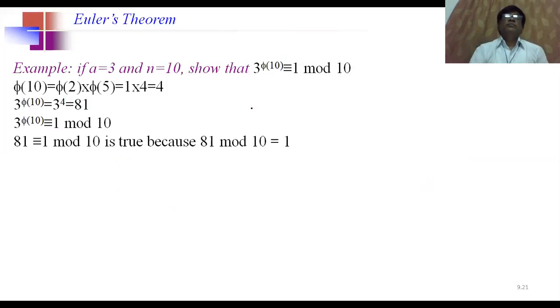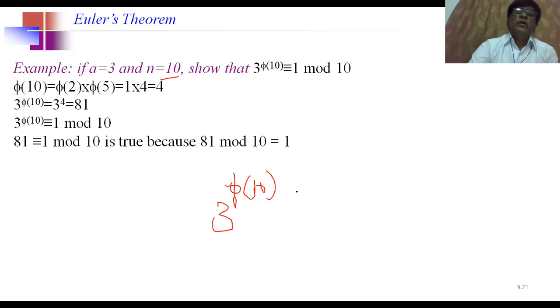Now if you see the examples, for example, a is equal to 3 and n is equal to 10. So 3 power phi of 10. Since 3 and 10 are co-primes, its answer is equal to 1, so 1 mod 10. Phi of 10 value can be calculated like this. Phi of 10,